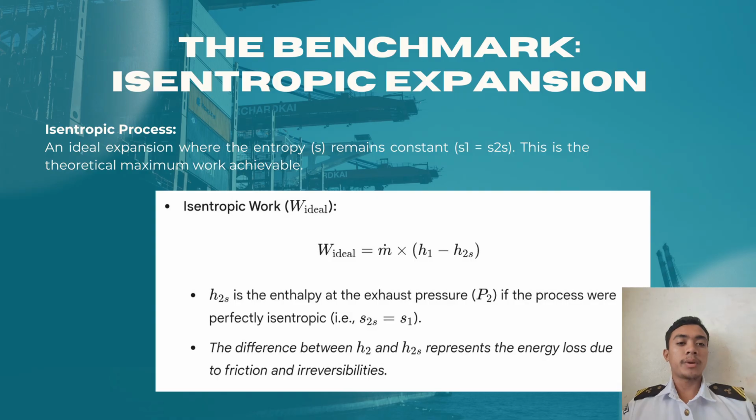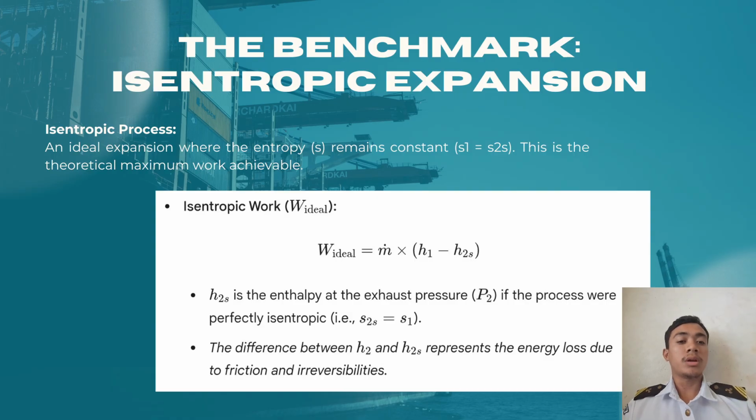The benchmark is isentropic expansion, which is the ideal theoretical maximum work we could possibly extract from the turbine. An isentropic process means entropy, or S, remains constant: S1 equals S2. This gives us the gold standard for comparison. The ideal work